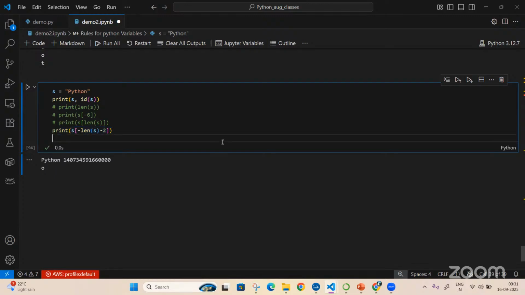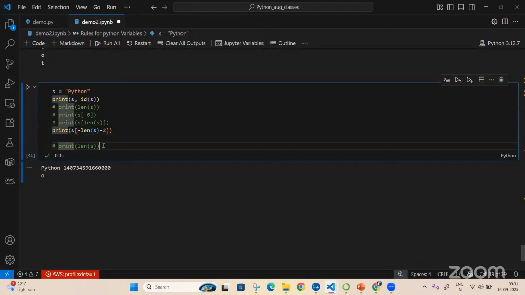Minus 8 will give error. 6 minus 2 is 4, minus 4 is T. What I'm saying here is minus of this, propagated T.